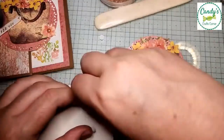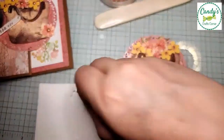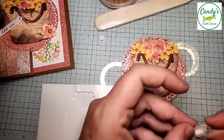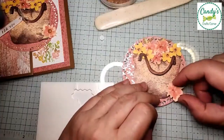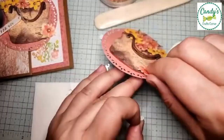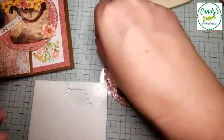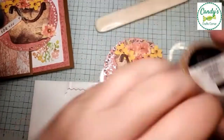And then I put one little one over here. On the bottom, just because I thought it was cute. Just the dimensional outside the bag, if that makes sense. And then